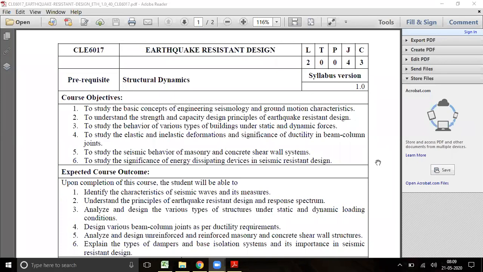An earthquake is cyclic in nature, dynamic in nature. So during that time, should the joint behave in a brittle manner or a ductile manner? We know that if it behaves in a brittle manner, there will be a sudden failure of the joint. So that should be avoided. But if the joint behaves in a ductile manner,